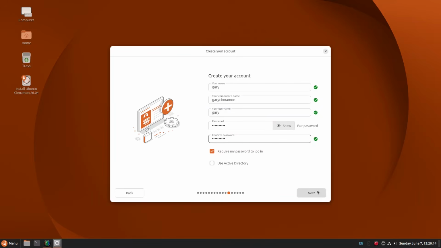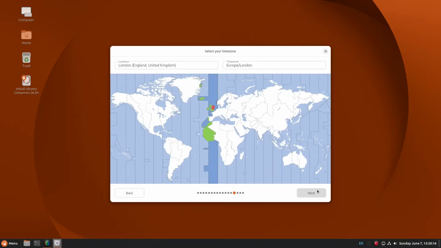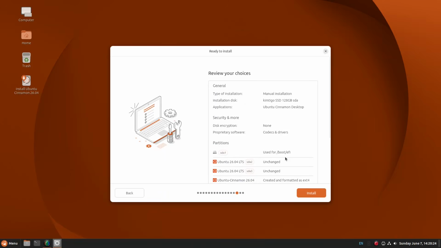Then we click next. Choose where you are in the world, so you can click anywhere on the map or just choose from this location here, and then it's ready to install, and you just click the install button, and when it's finished installing, which takes about 15 to 20 minutes, restart your computer, remove the USB drive, and you should be able to boot straight